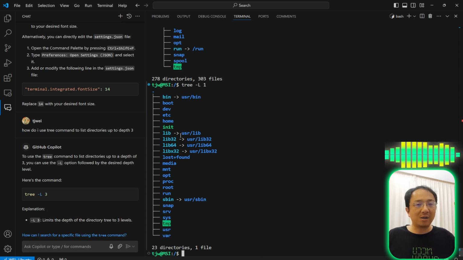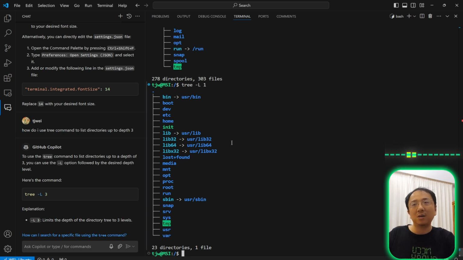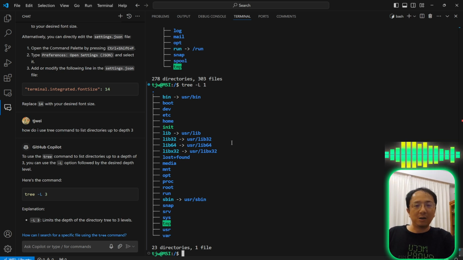Each subdirectory can contain some files and subdirectories of its own. So basically, it is a tree structure, kind of like, it's not that different from the file system in Windows,